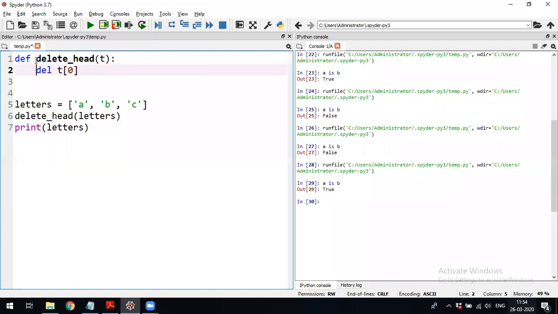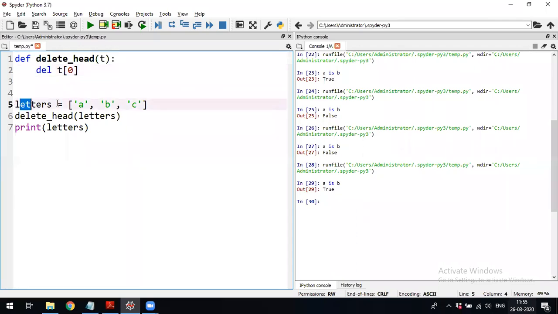You have defined a function whose name is delete_head. For that, you have passed the argument. You are going to use the del operator and the first index in that list, the first value, we are going to delete using the del operator.